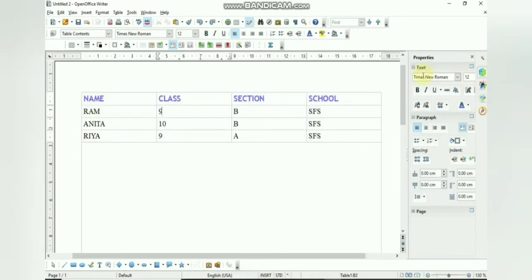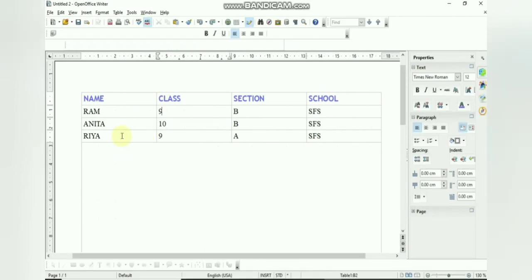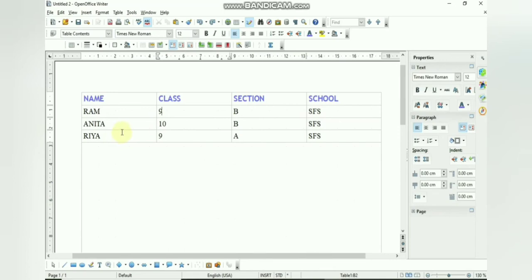Okay, so next topic is how to auto format. Okay, so auto formatting in table, like this is the easy way, in order to make the changes in the table with the auto format option. And auto format means choosing one table design from a list of available pre-formatted designs.